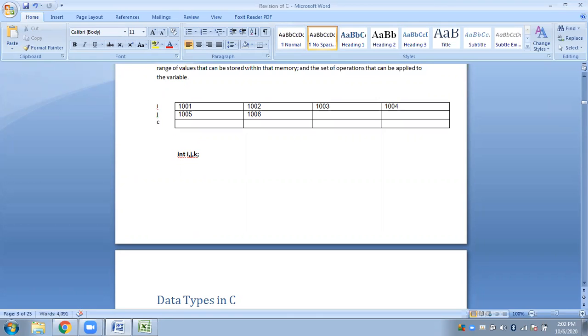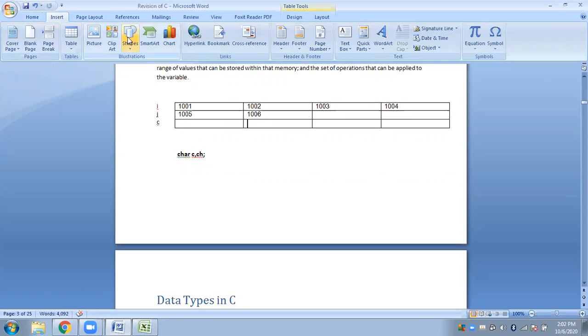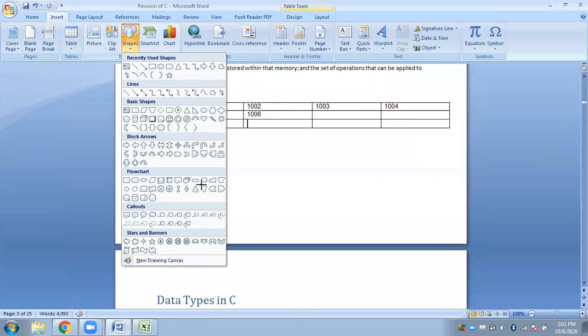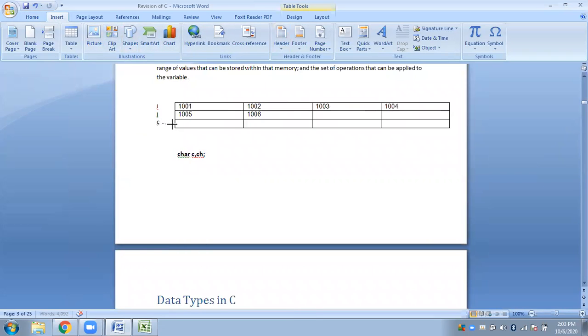Say this is C. Once that particular statement, character C, comma CH, is executed by the compiler, then for C, 1 byte of memory will be assigned, and for CH, another byte of memory will be assigned. So now C is pointing to this particular memory location. C is pointing only to this particular memory location.